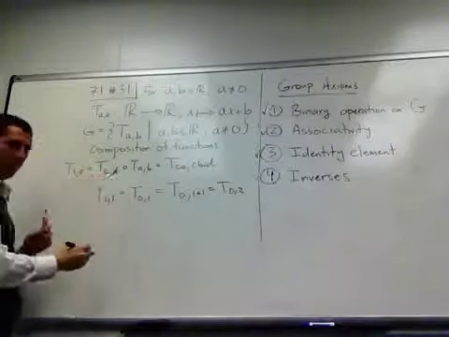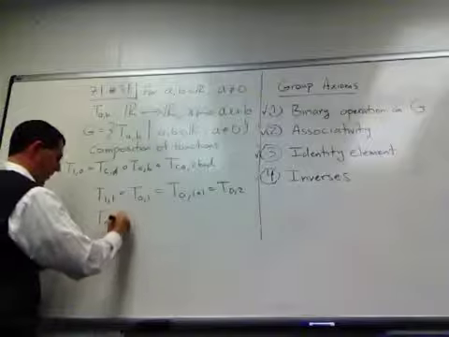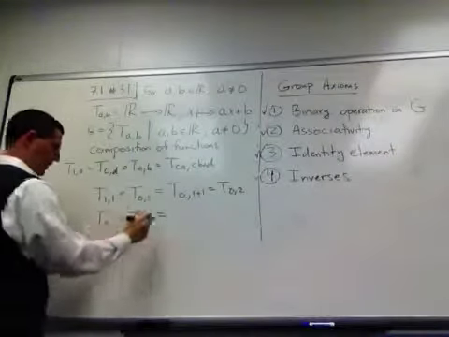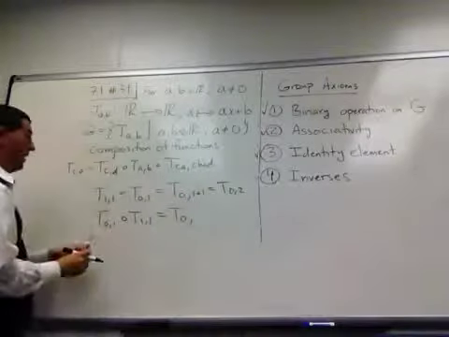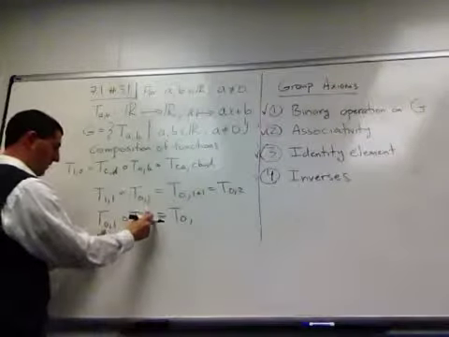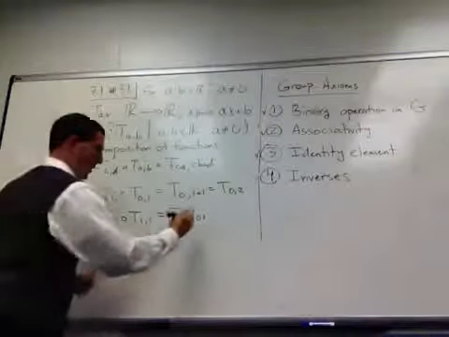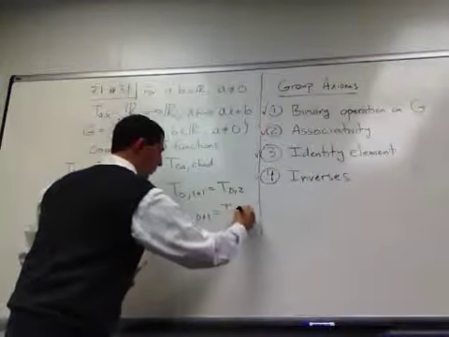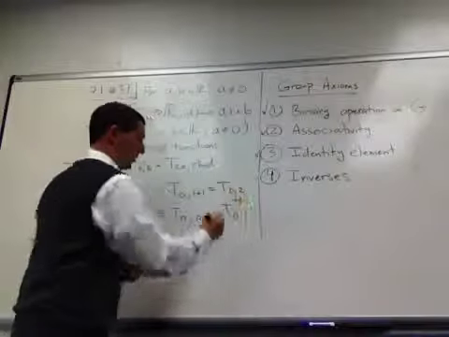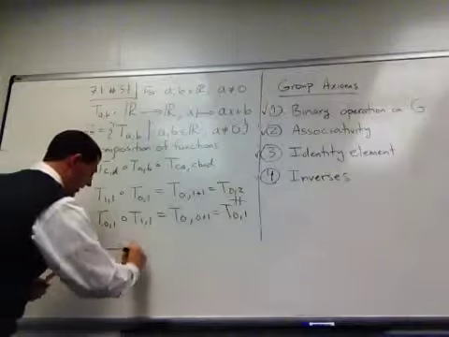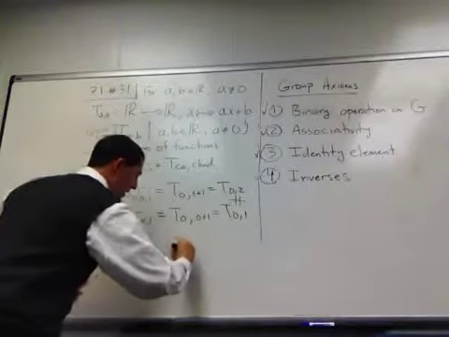Now let me reverse the order. So t sub 0,1 composed with t sub 1,1. Again, I multiply the first two, and that's 0. Then I do the first times the last, that's 0. Plus the second over here, that's a 1. And so I get t sub 0,1. And these are not equal to each other. Okay, so this implies G is a non-abelian